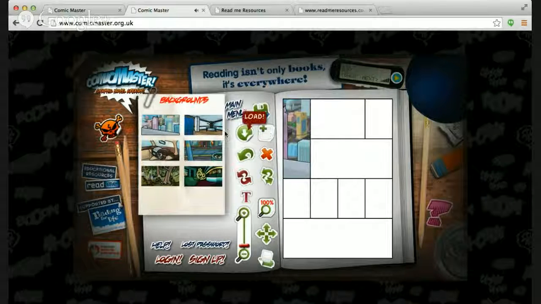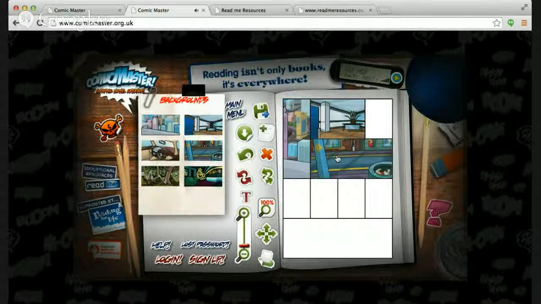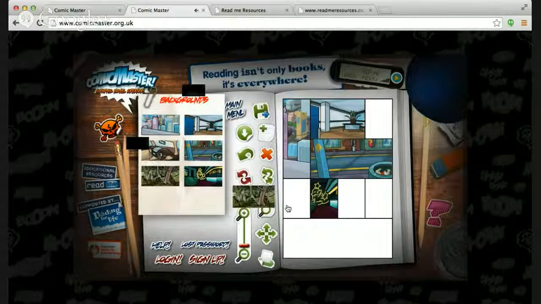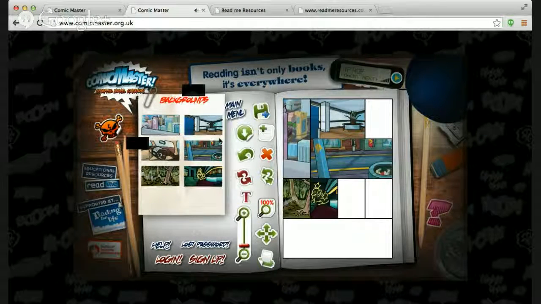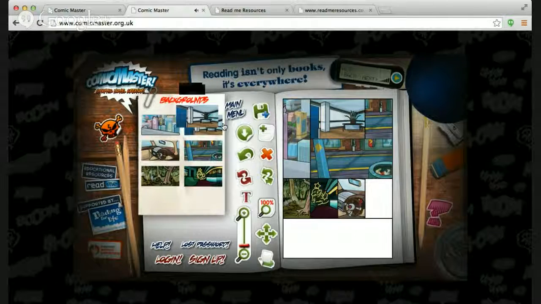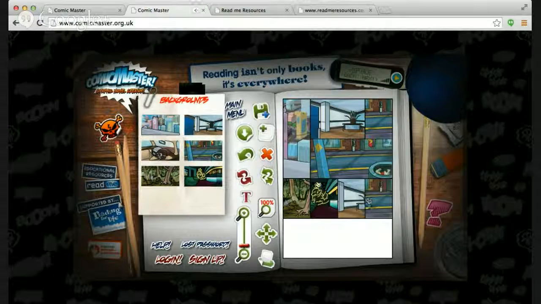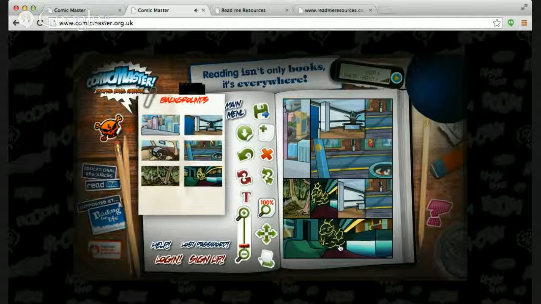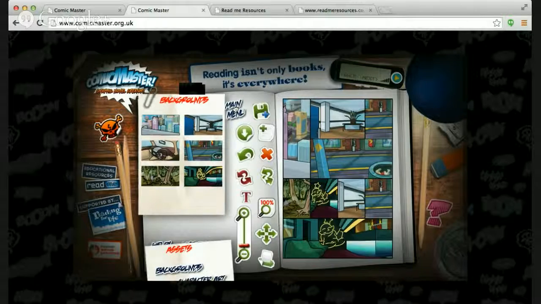Now, one of the drawbacks to this particular program is that there are limited backgrounds. There's not a whole lot. But the kids don't seem to care about that. Everything I've read, it's either gotten 4 or 5 stars as far as the kids using it and enjoying it, and the teachers having good success with it in their classroom. So they just take it and do their own thing. You can see how fast, if I was a student using this a lot, they would already know what they wanted. So there I have some backgrounds set up,